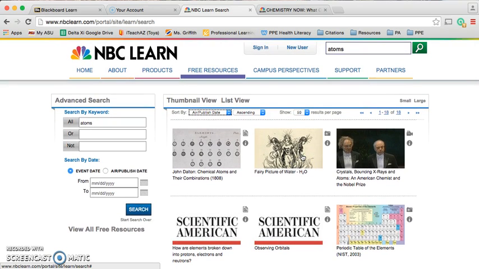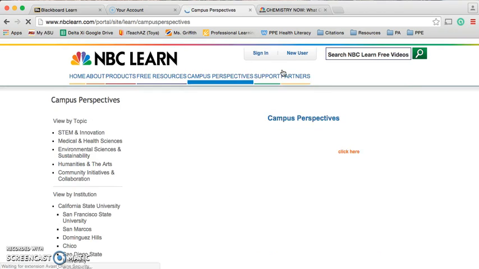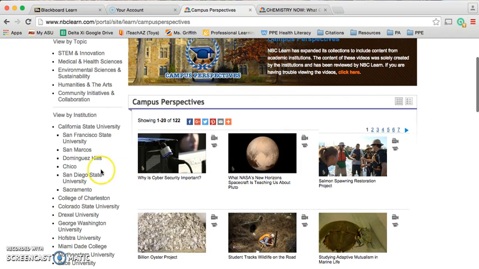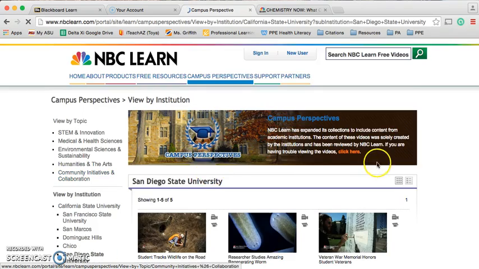So cool. Another topic I want to talk about is the Campus Perspectives tab at the top, next to Free Resources. When you click on this tab, it brings you to a page that has a whole sidebar of different universities. Unfortunately, Arizona State isn't one of the universities in the toolbar, but let's click on San Diego State University as an example.